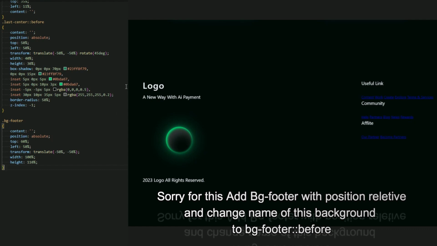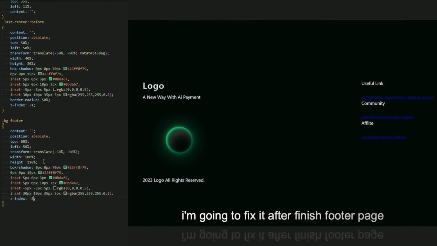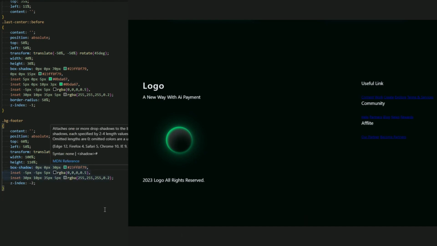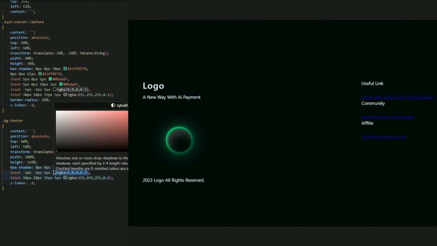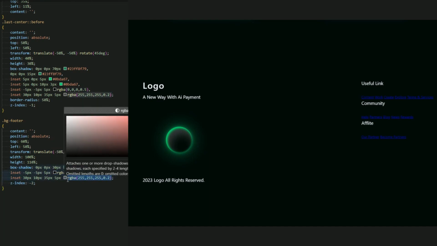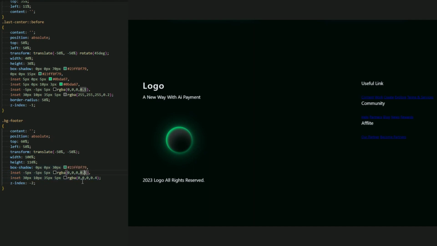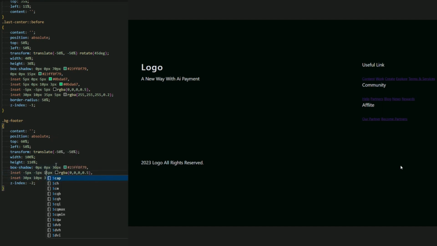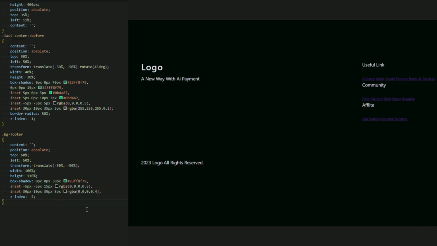Just let me add a box shadow. So the box shadow, let me just copy this, paste it, and let me add a z-index -2. Now for the box shadow, let me add this 30 pixel. Let me just remove this inset. We don't need an inset of a green color, just a black color, and let me add this RGB, just like we added in part 2. Okay, let me a 4, and this be 50%, and this be 40%. Okay, yes, everything is good. 15 pixel, yes. Now everything is good. This is our background of the BG footer or the footer.